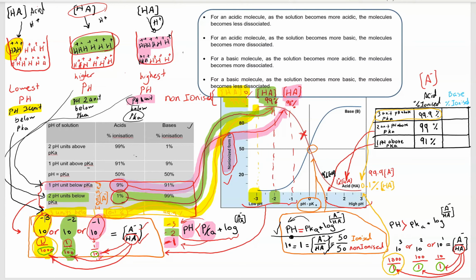Because we are talking about acids, if we put this acid into the solution, where the pH of the solution is equal to the pKa of this acid, then 50% of the molecules of AH will dissociate or ionize, and 50% of them are still not ionized. So you can see the 50% of